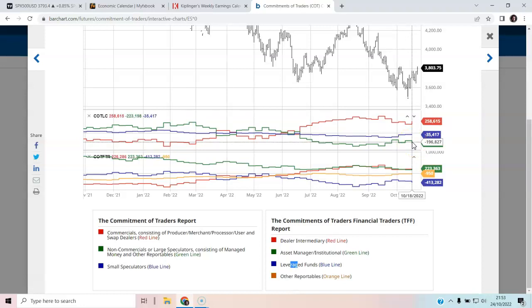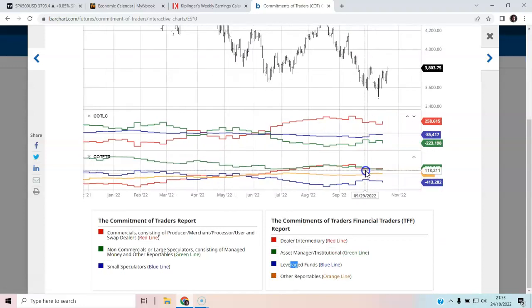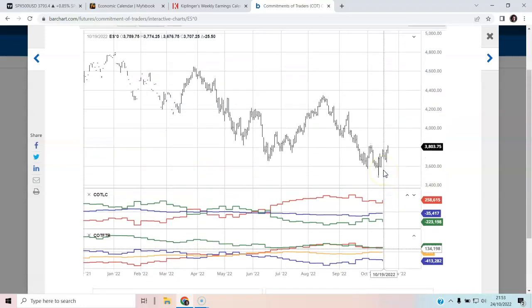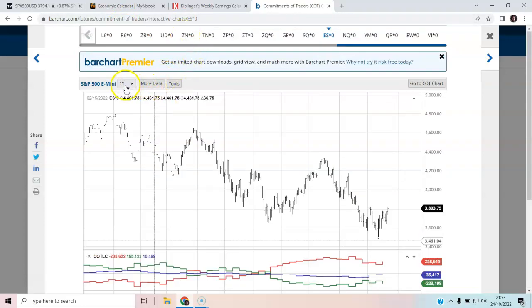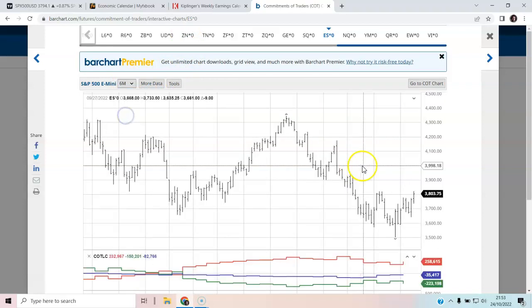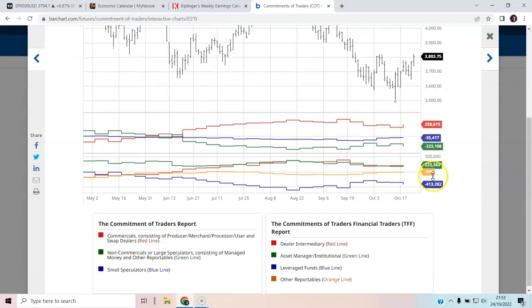So we need to see what is reported this week. Well, that seems to be the case. And then we have a slight overlap of things. We can see a slight flattening of positioning amongst the asset manager and the dealer intermediary. So not a strong push per se, but if we wanted more detail again, we can go to a smaller time frame and see in 6 months what that looks like. Now there's a slight uptick, as you can see, and divergence maybe between the commercials and the leverage funds. But leverage funds are down, so that obviously means that we are down